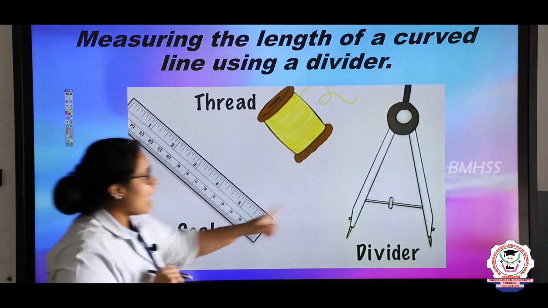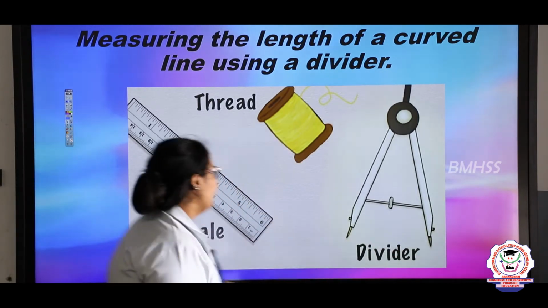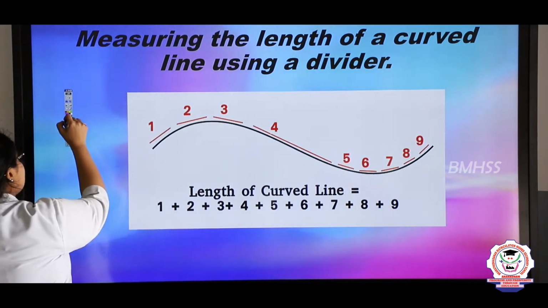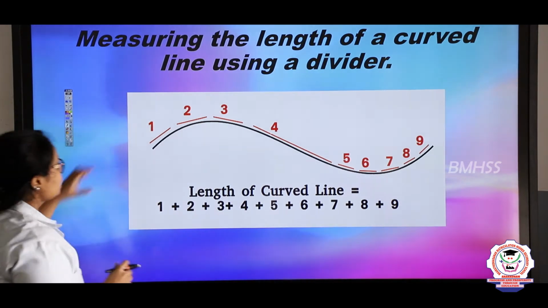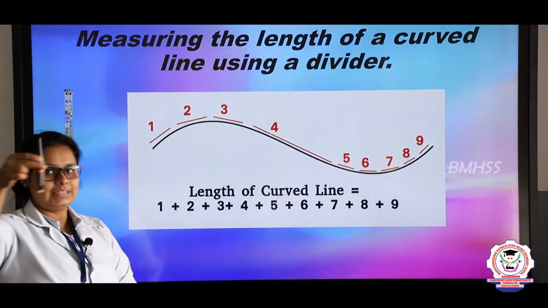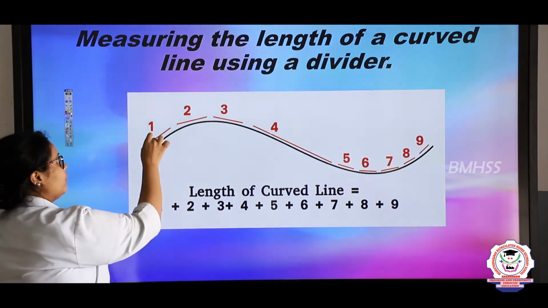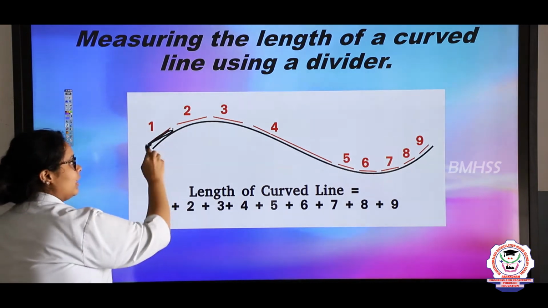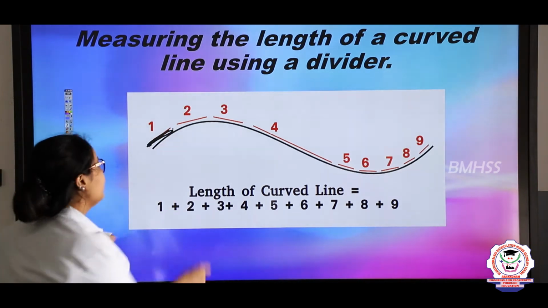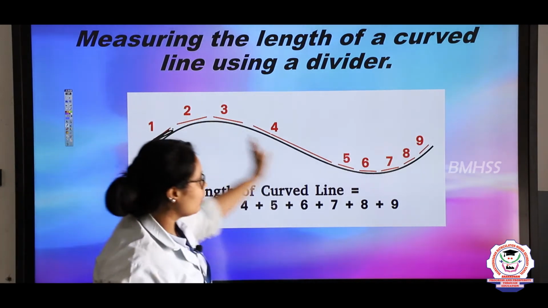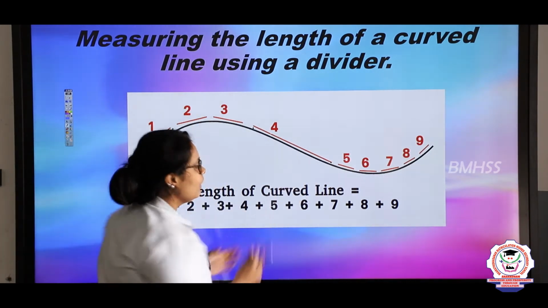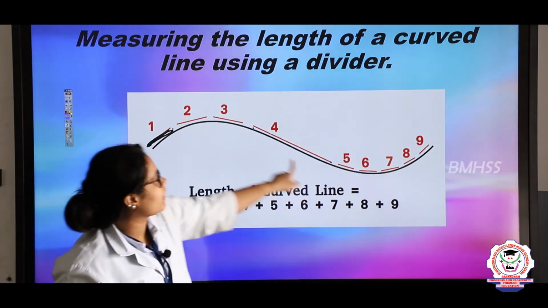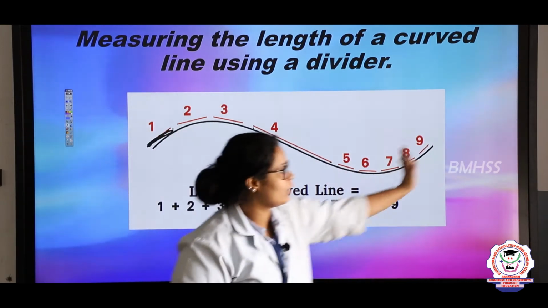So what I am doing is, I am first taking the divider and placing it over this position. Imagine this is the divider, okay students. I am keeping one point of the divider here and the other point like this. Then this position I will mark as 1. Same way, as it is getting curved, we are going to mark. From here to here there is a long space, and it can be seen as a straight line, so that is why we are marking it as a 4 position. Same way we are doing it all.